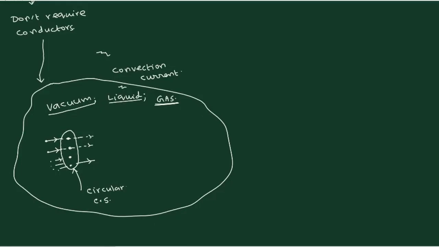Now this circular cross section, you take it for a size of say 1 meter square. Unity is important. It can be 1 centimeter square also, but the number should be 1. This is the first point. Second point is circle is not important. Instead of a circular cross section, you can also consider a rectangular cross section. You can also consider a square cross section. Anything is fine. But the area of the cross section should be 1 meter square, 1 centimeter square, 1 millimeter square. Anything is fine, but it should be 1.